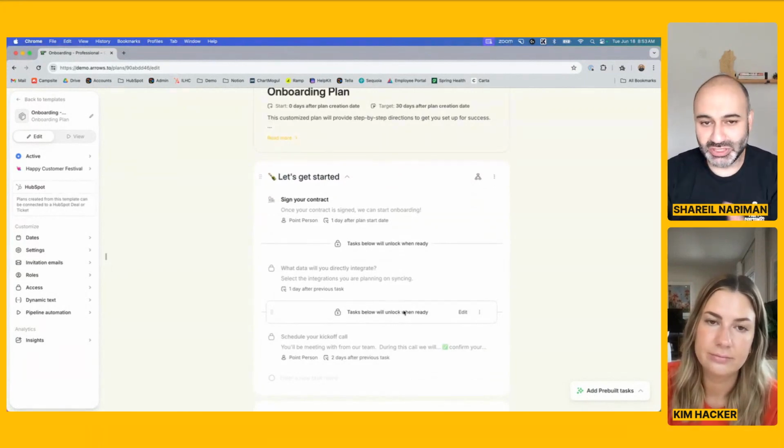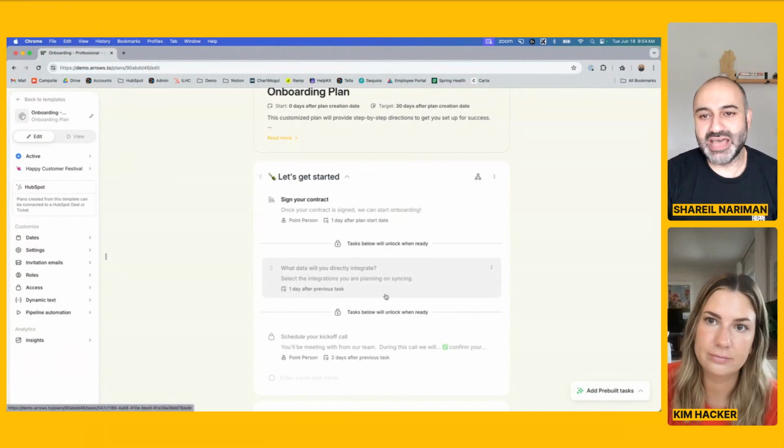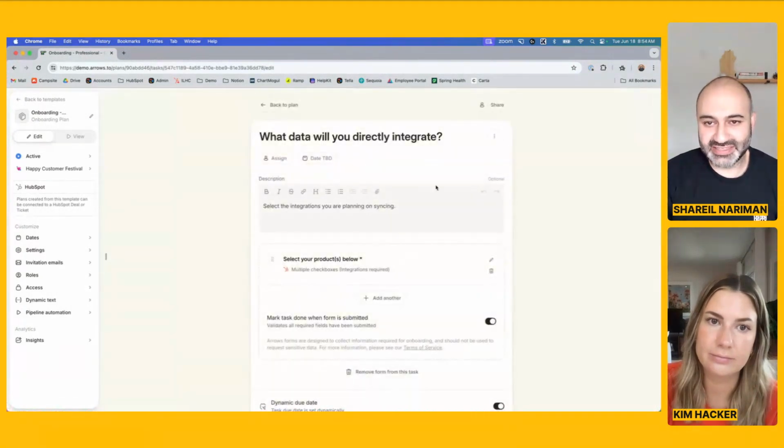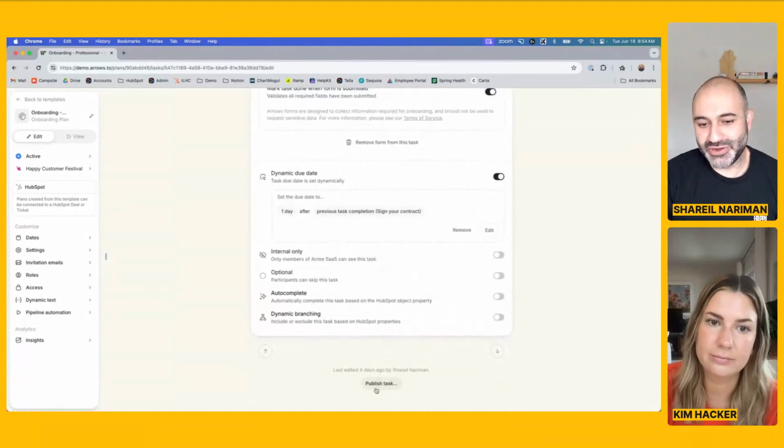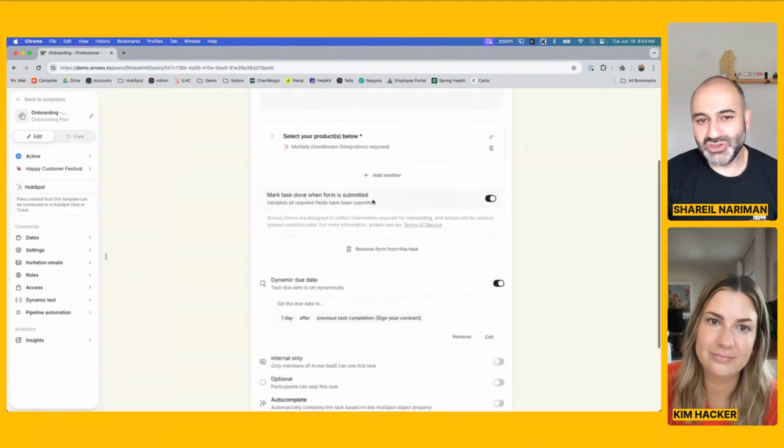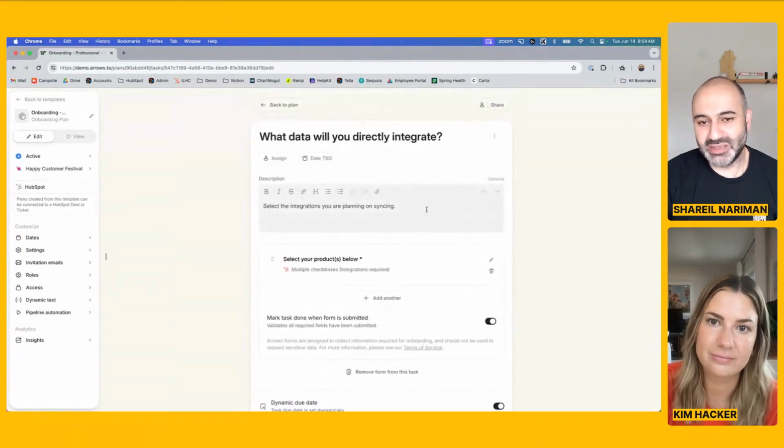On an individual plan, you can go in there and add them like I was just doing in that previous screen. But if you add them to a template, they will not be added to plans that had already been created off of that template. Whereas what Kim is referencing is at the task level down here, there is a publish tasks button. It's a little subtle on purpose. But what this lets you do is when you change tasks inside of a template or edit them